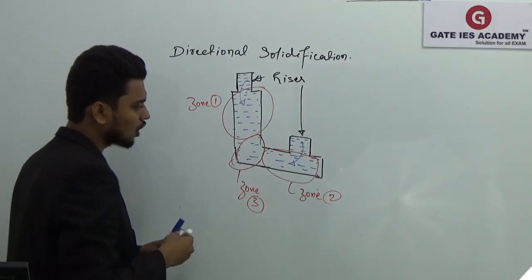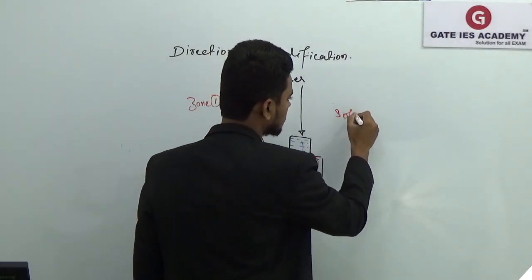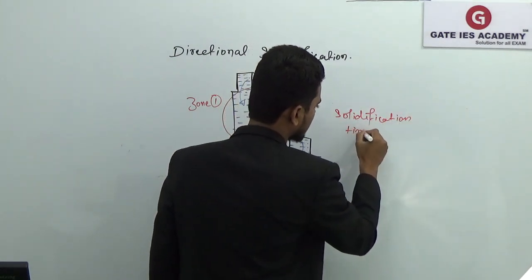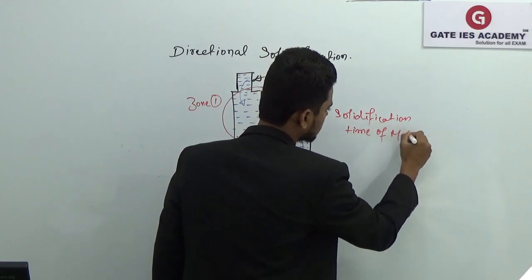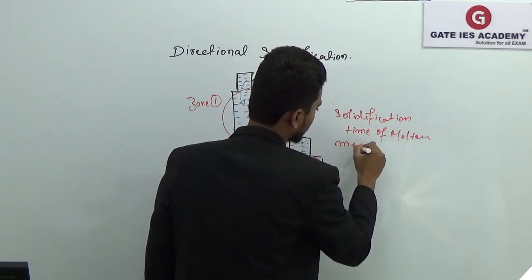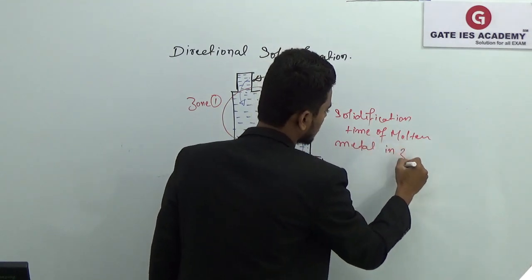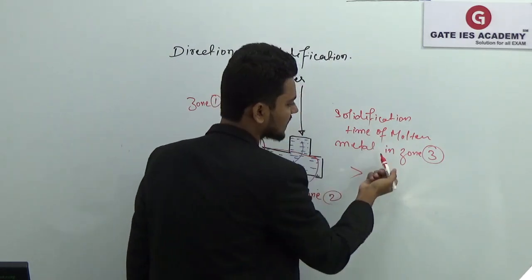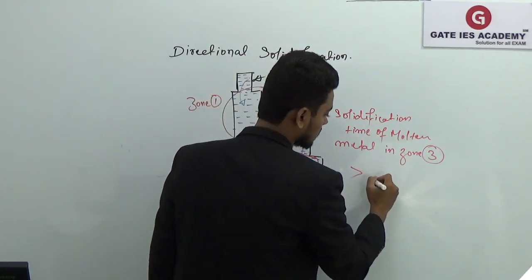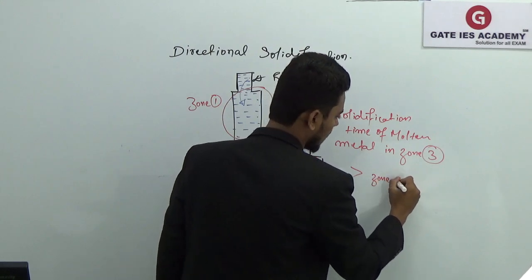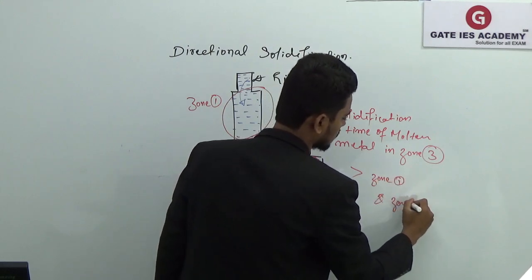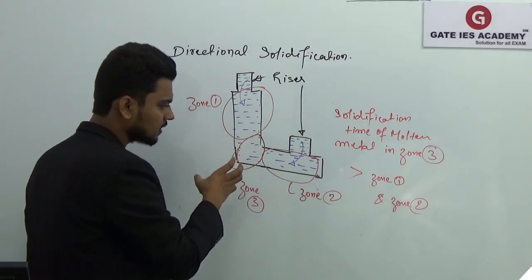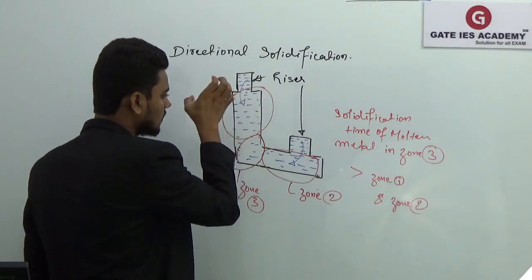So the solidification time of molten metal in zone 3 will be greater than the solidification time of the molten metal in zone 1 and zone 2. So the molten metal present in zone 3 will solidify after the molten metal in zone 1 and zone